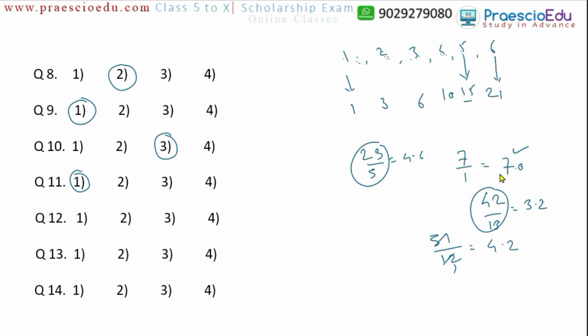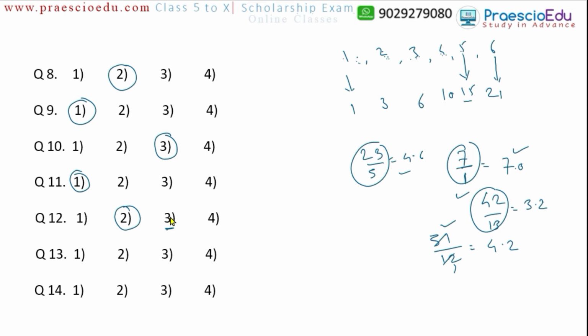But actually this is a complete number because of the 1 at the denominator. So these are the fractions, but this is not a fraction, so that's why option number 2 is the different one for question number 12. But in our book, option number 3 is shown as the correct one, and the explanation is somewhat different.